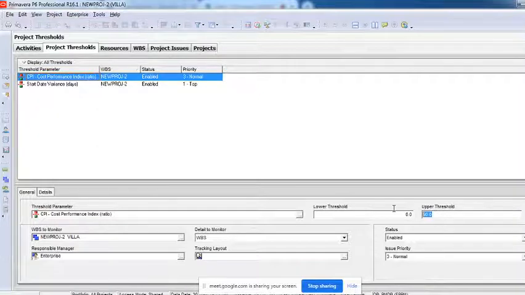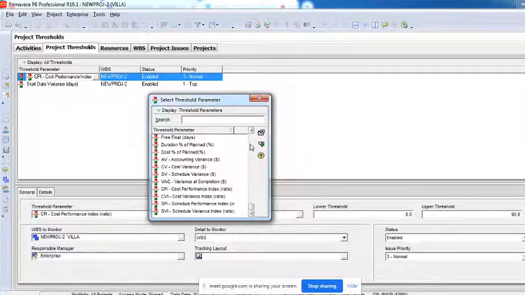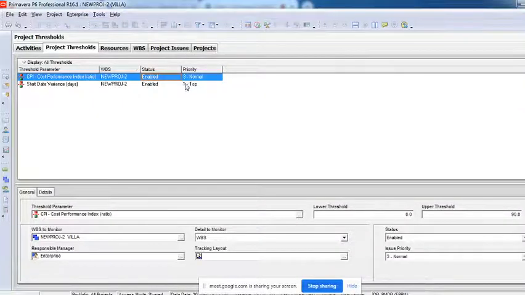Anything between 0 and 9 as a cost performance index... To make it easier, because you may not know what CPI is, let me show you start date variance instead, because it was already there, so I thought I'd create something new.